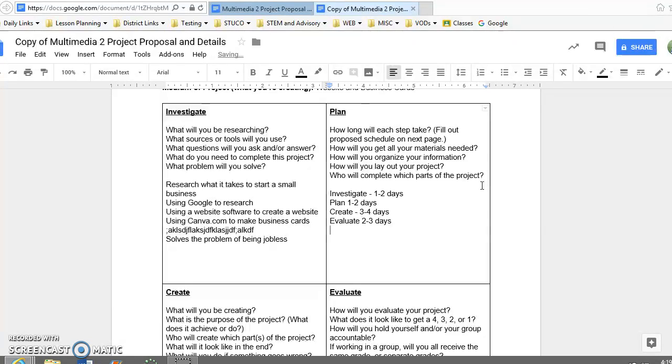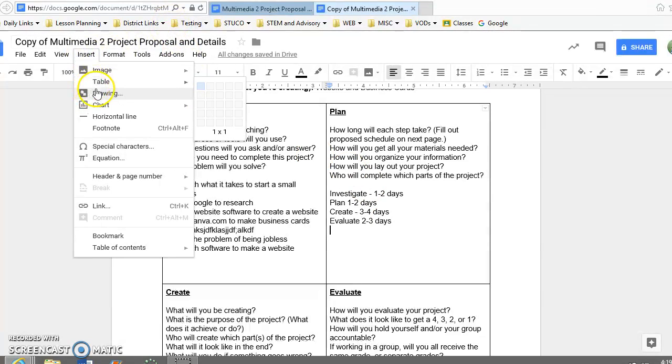How will you get all of your materials needed? Are you going to need to research some website making software? And so you can kind of bounce back and forth between these categories as you start thinking and brainstorming together. How will you lay out your project? What is it going to look like? For instance, if I wanted to insert a drawing